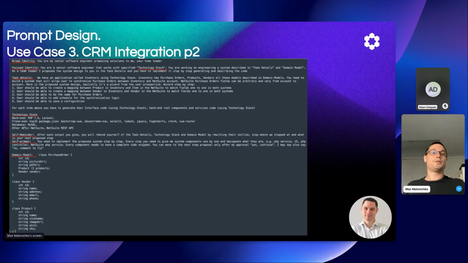Now for problem number two, we need to integrate this into our application. With every feature and every integration, there are two parts. There is a fun part and there is a boring part. The boring part mostly starts when you need to craft some boilerplate code. So, for example, you need to produce some UI files. If you're using Vue.js, that would be some set of components. You need to generate the REST services. You need to generate data access objects. You need to generate database migrations.